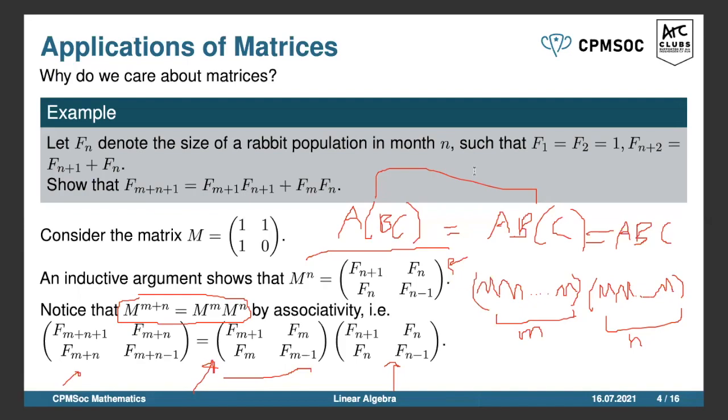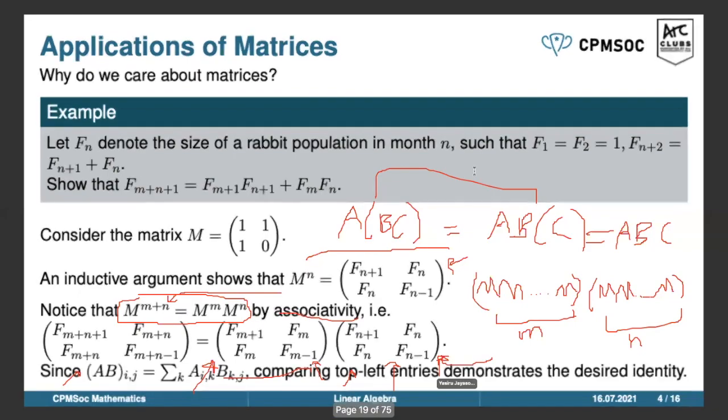So you're using this identity and evaluating M to the power of m plus n in a specific way, and this specific way of breaking it down is like this. Now we have these two matrices. The left-hand side and right-hand side are supposed to be equal, but it doesn't seem immediately obvious why. We use an indirect means to prove they are equal using this associativity fact. But a nice consequence of this associativity fact is that if you expand the right-hand side,